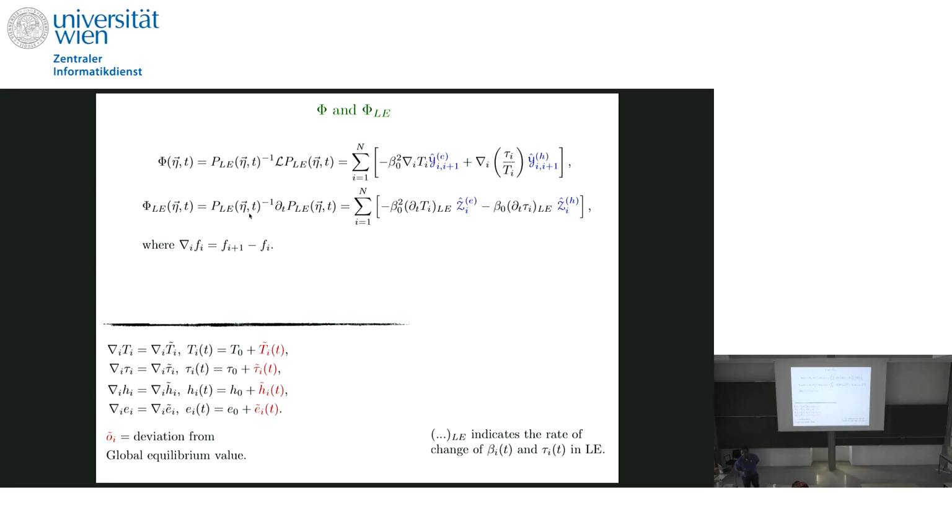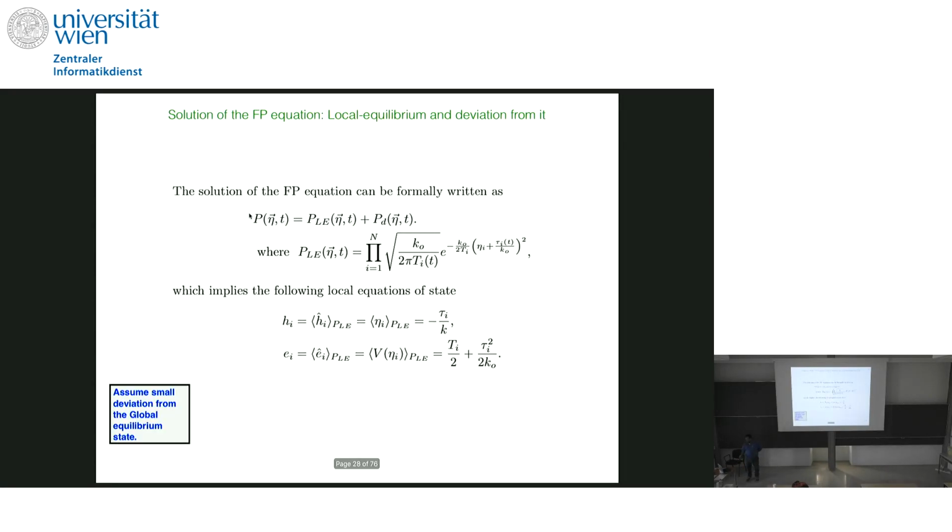No. For the global equilibrium state, the temperature is defined by an equation similar to this, where all these are the same. It is not i-independent. So T is E0 minus tau 0 square by 2 k naught. And E0 and tau 0 you can find out from the initial total energy and total volume that you have been given.